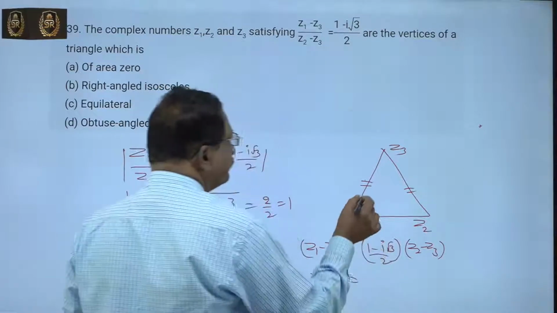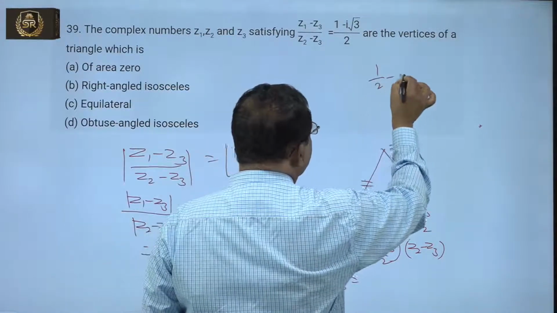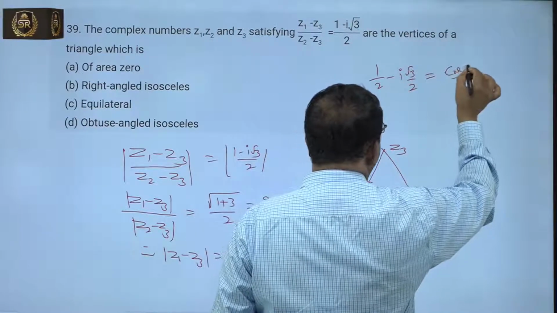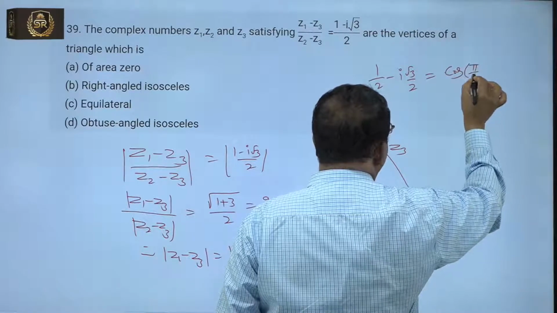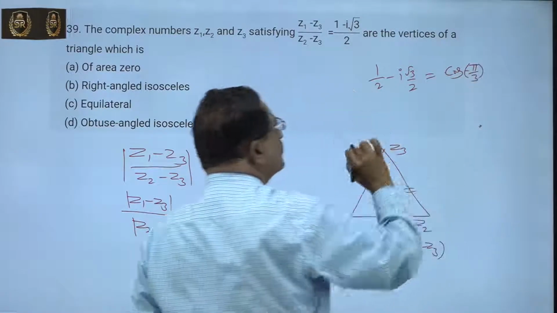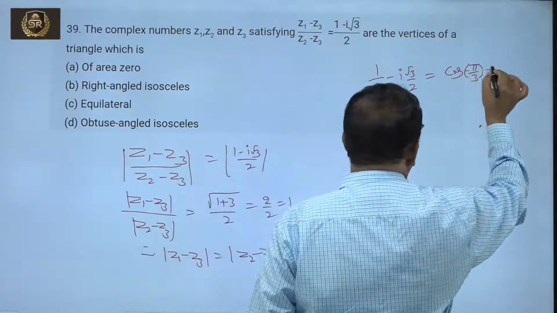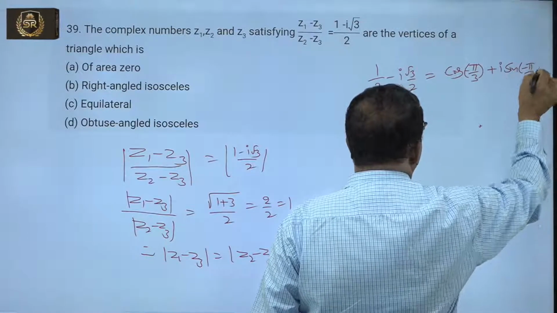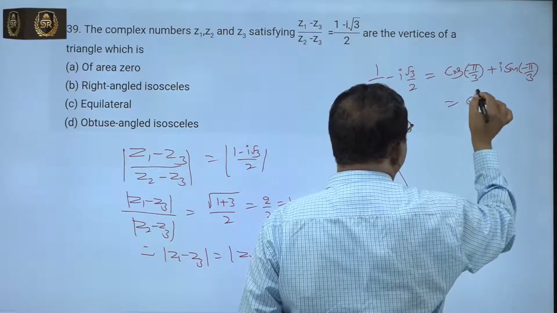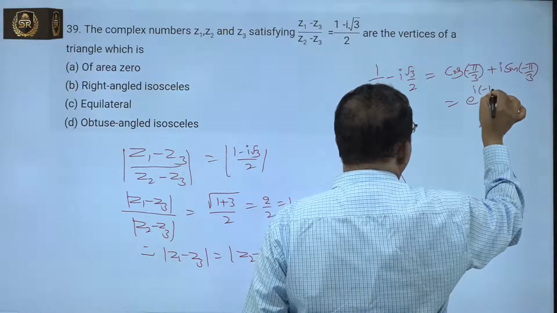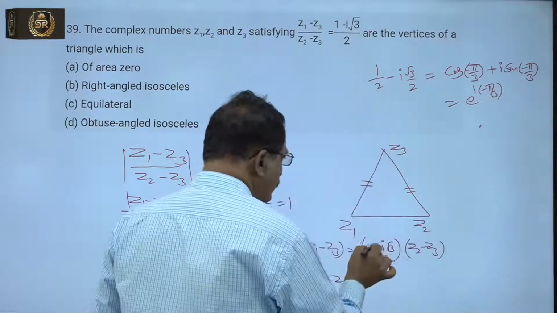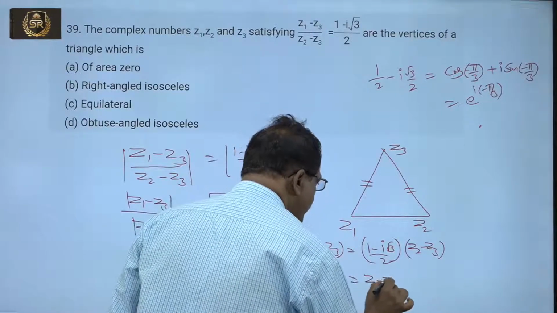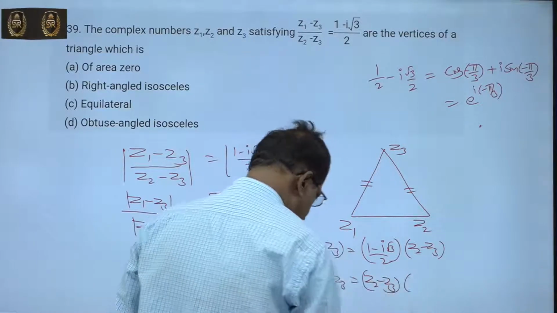It is nothing but 1 by 2 minus i root 3 by 2 equals cos(pi by 3) minus i sin(pi by 3), or taking the minus sign, cos(minus theta) equals cos theta, plus i times sin(minus pi by 3). That equals e to the power of i times minus pi by 3. Now Z1 minus Z3 equals (Z2 minus Z3) times e to the power of